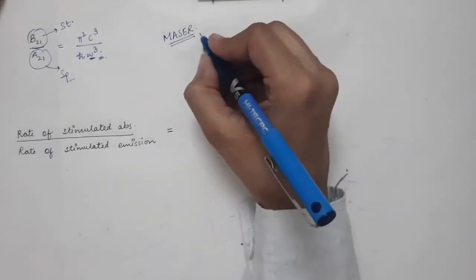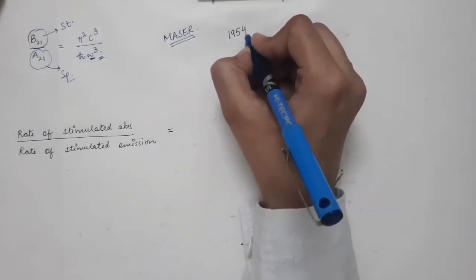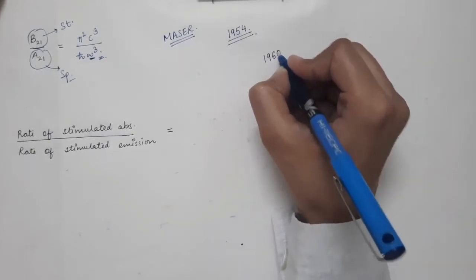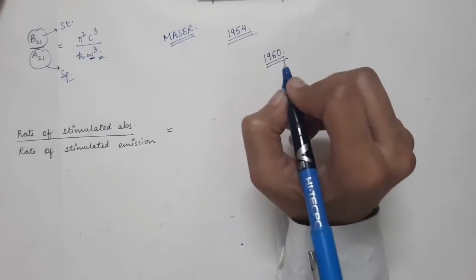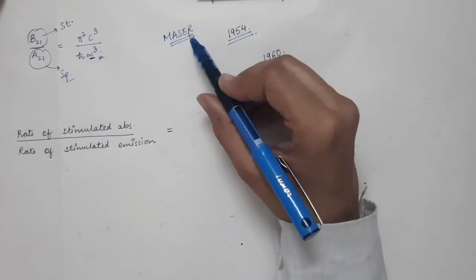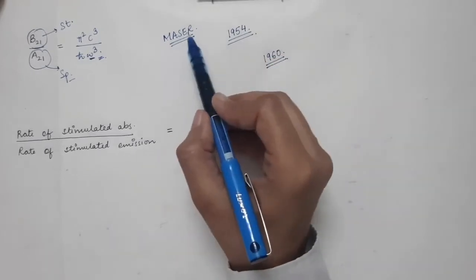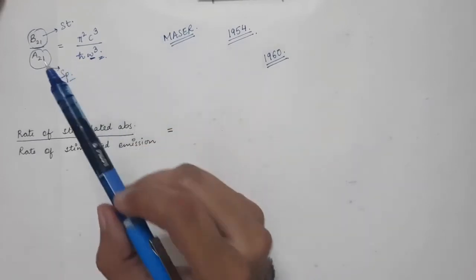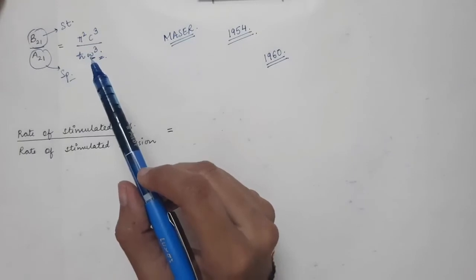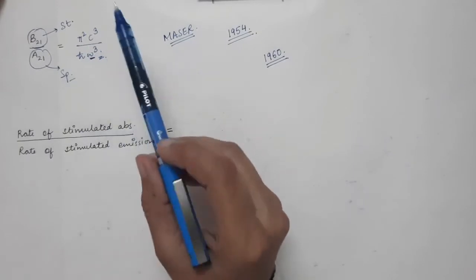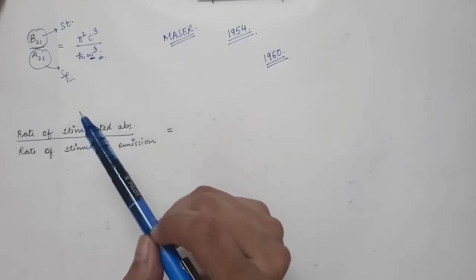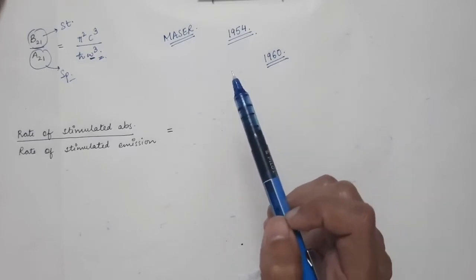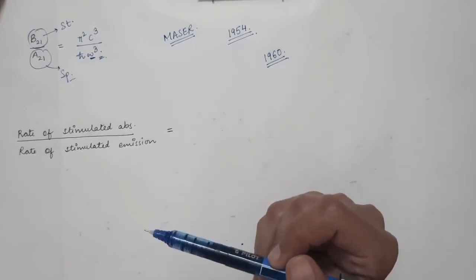As we have said, masers were constructed successfully in 1954, whereas the first laser in the visible region was constructed in 1960, which was the ruby laser. So in 1954 the maser had been constructed. Maser is nothing but microwave amplification by stimulated emission of radiation. As we have already seen, in the microwave region, a laser is easy to construct and operate. So this is the reason why masers were constructed very early as compared to lasers in the optical frequencies.